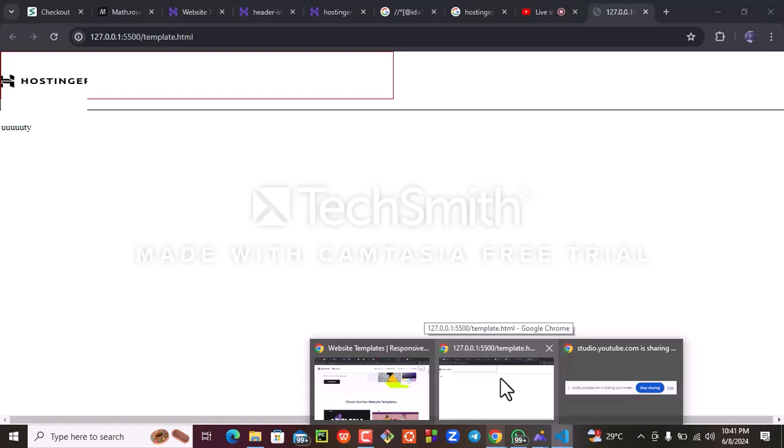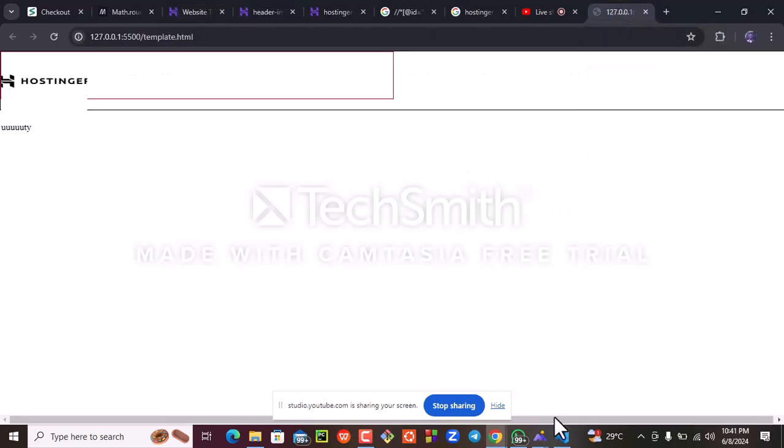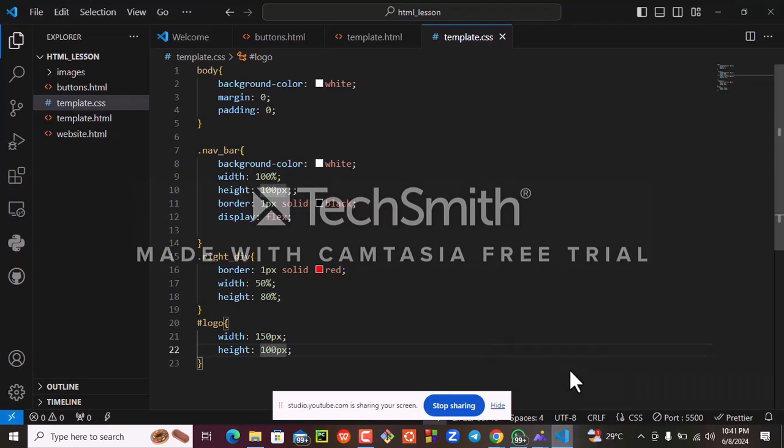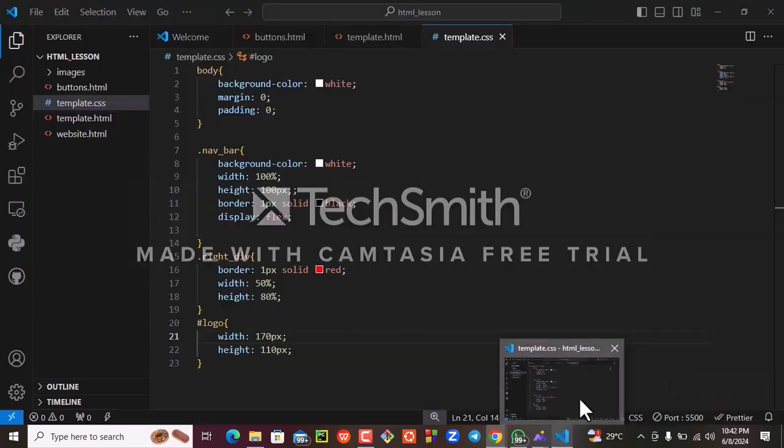Okay, I think this looks more like it, right? Maybe let's still increase. Let's say 110. While we make this 170, let's make it as big as possible. Okay. Now, but we can see that it's still attached to this place, and then it's taking part. It's outside the div. So what we'll do is